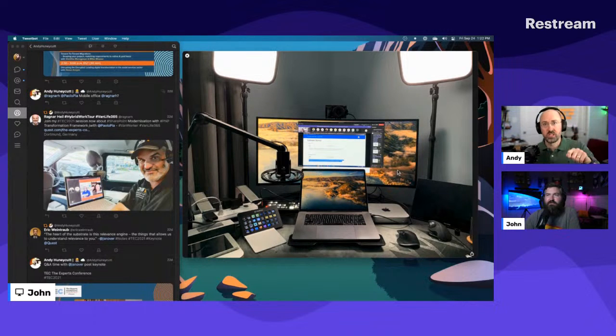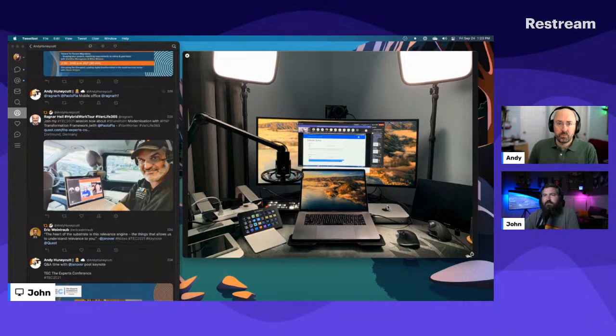keep the HDMI and the dummy battery cables in as I move the desk up and down. And it also helps to mount it. The cage itself has a quick release plate on the bottom, and I've got a quick release attached to an Elgato arm in the back so that the camera comes up over the top of the monitor and I can get that nice video feed coming in.